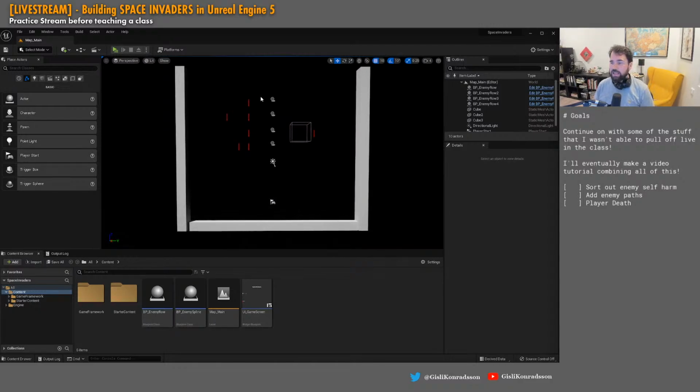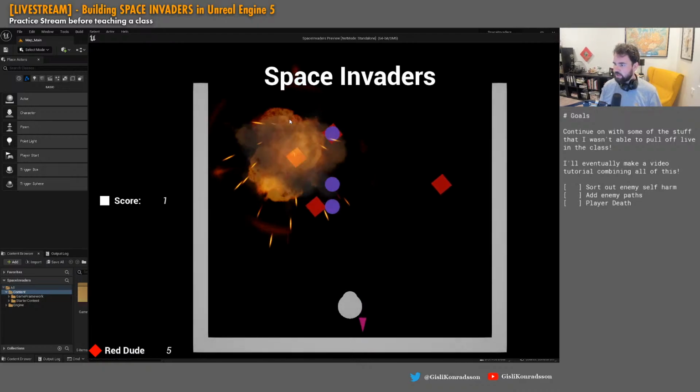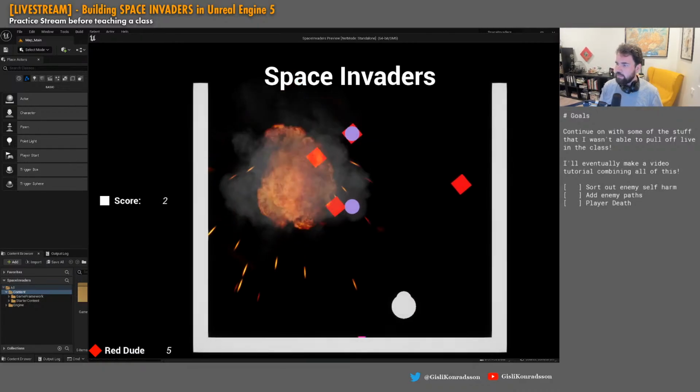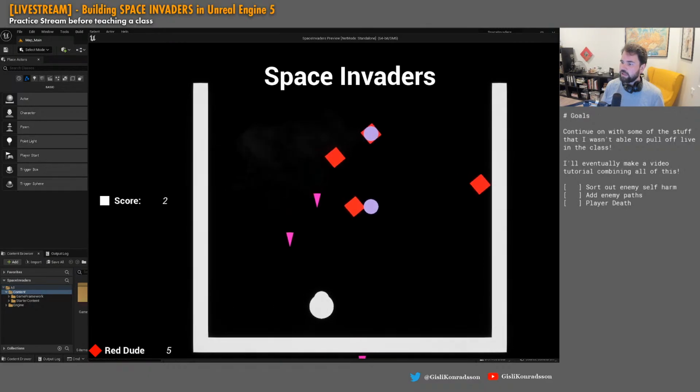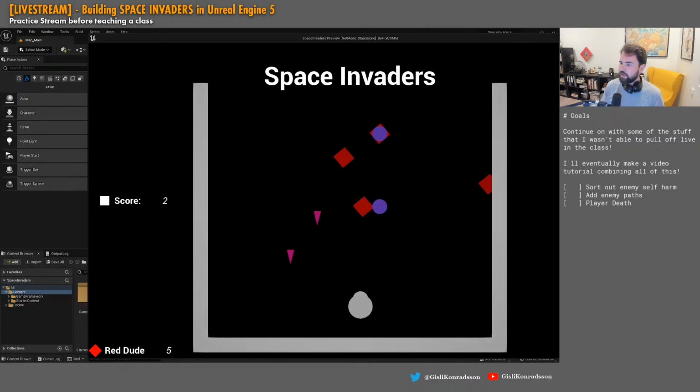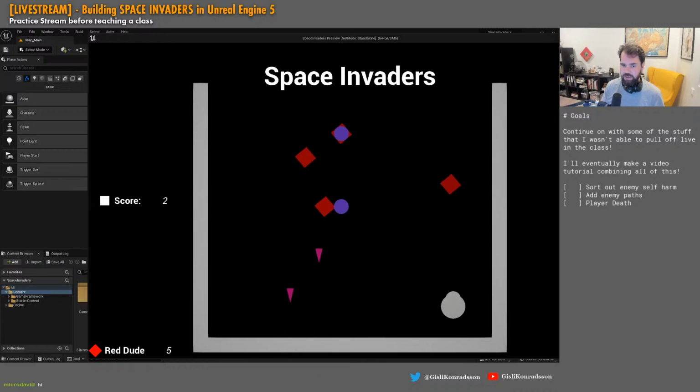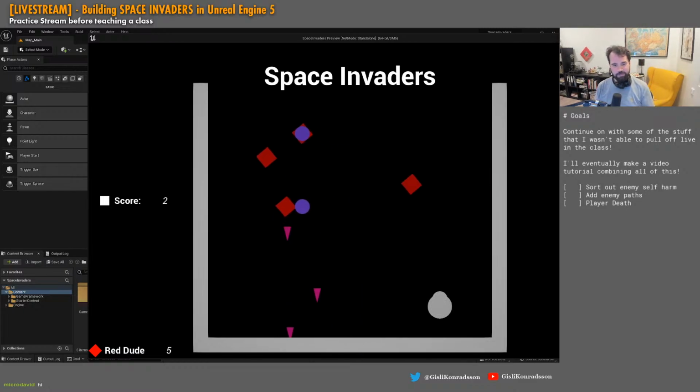So let's take a look at the status of this right now. When I press play here, you can see that we have some of the elements of a Space Invader game. We have some moving enemies, they're going left and right. We have a player, and the player can actually jump over to the